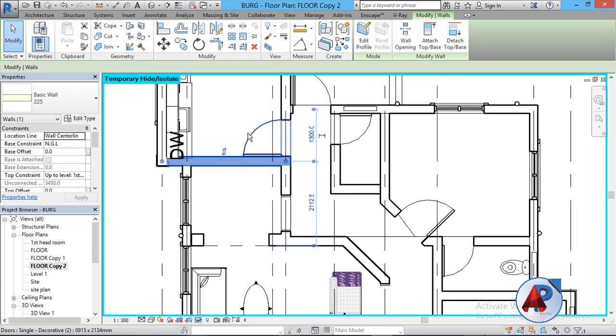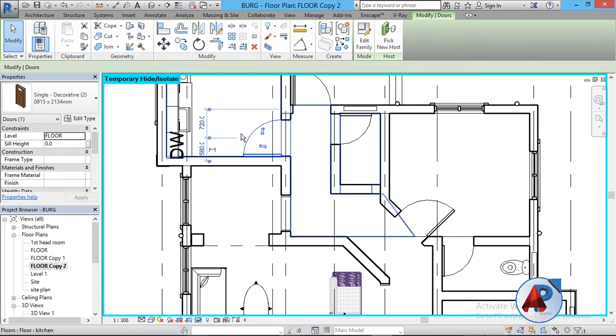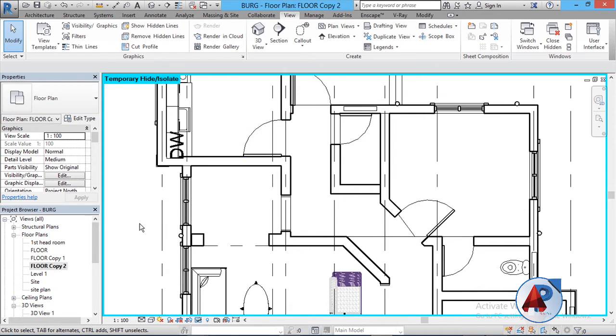And if I hover over this window, it will give me a drop down message that I'm pointing at a door. So if I click on the door, it's going to deselect the wall. So that is how to make a selection with click to select. Let's go to the second one, which is tab for alternate.